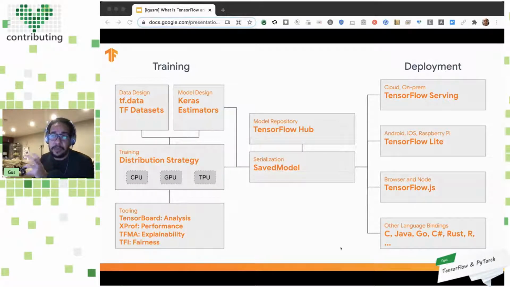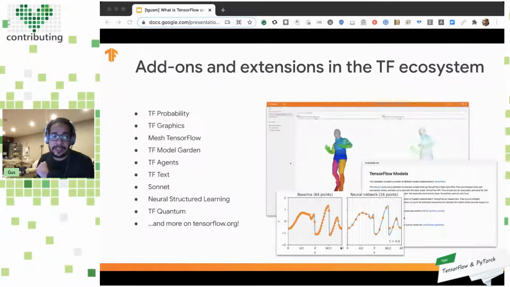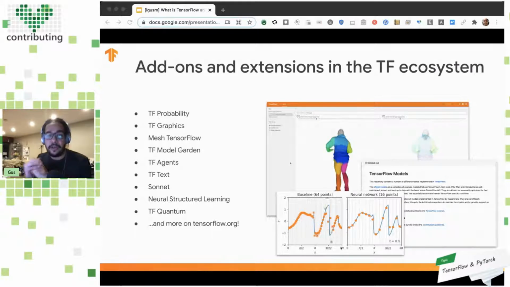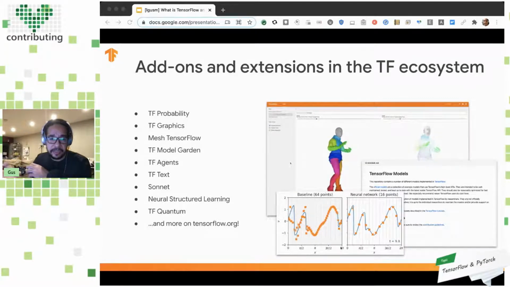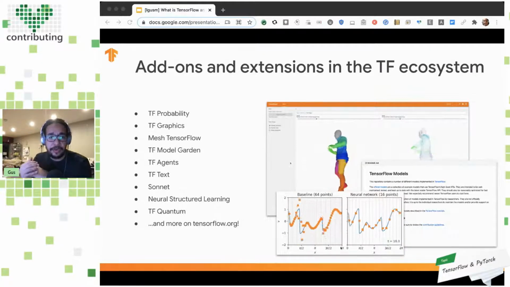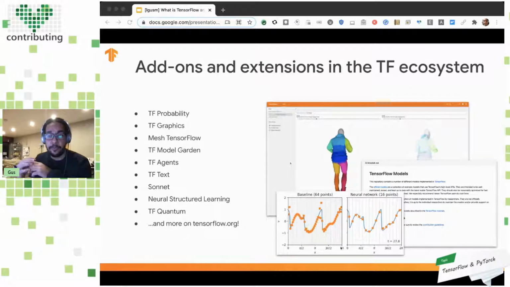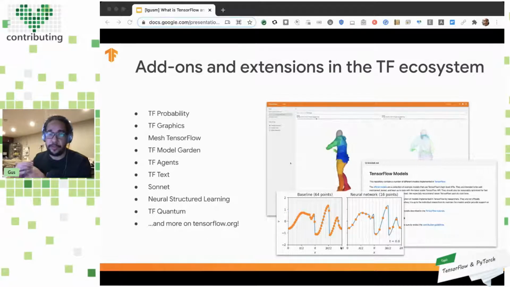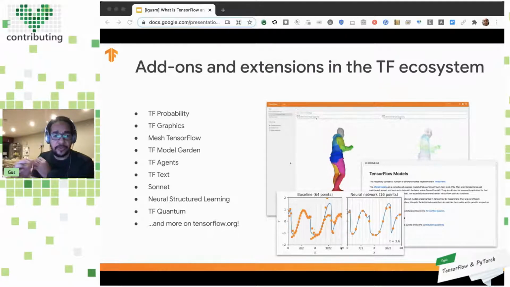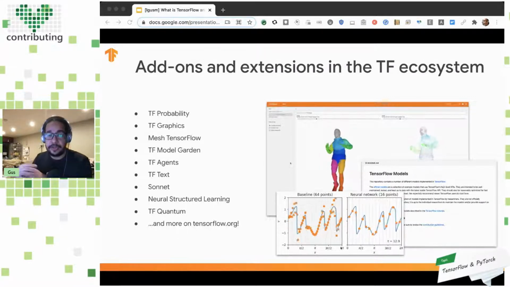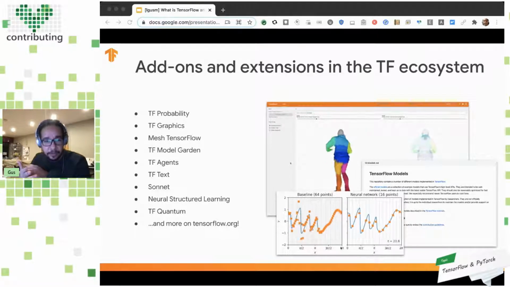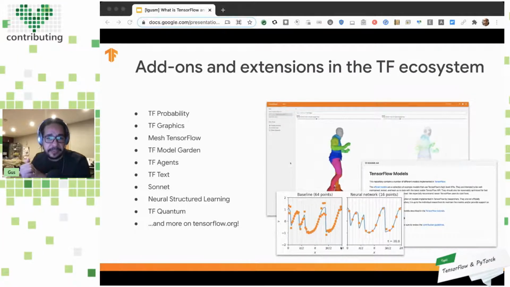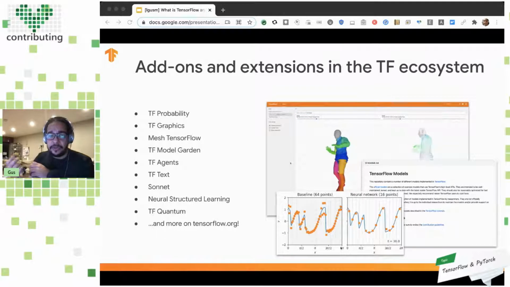And let me go a little bit in, explain some more of the tools. Aside from those, we also have a lot of extensions that are created by researchers, created by the community. So here we have a lot of those, and they help you build models, help deploy models, help tune models to help you get a proper solution for your problem. So we have, for example, one example here is TF Agents. That's one extension to help you create